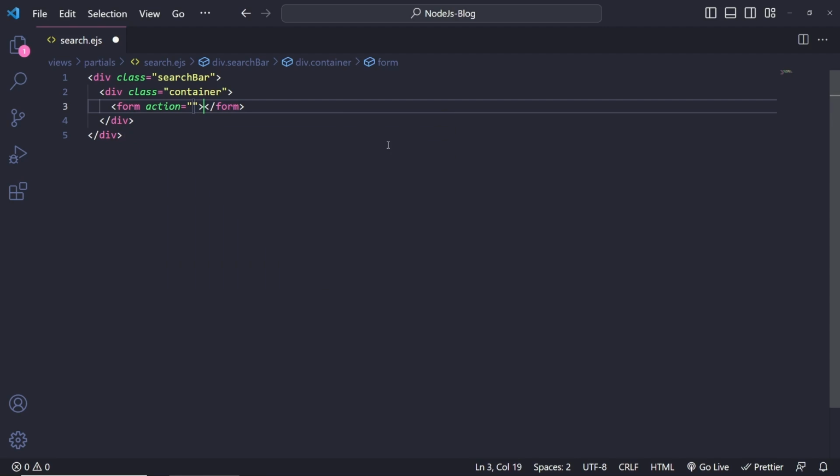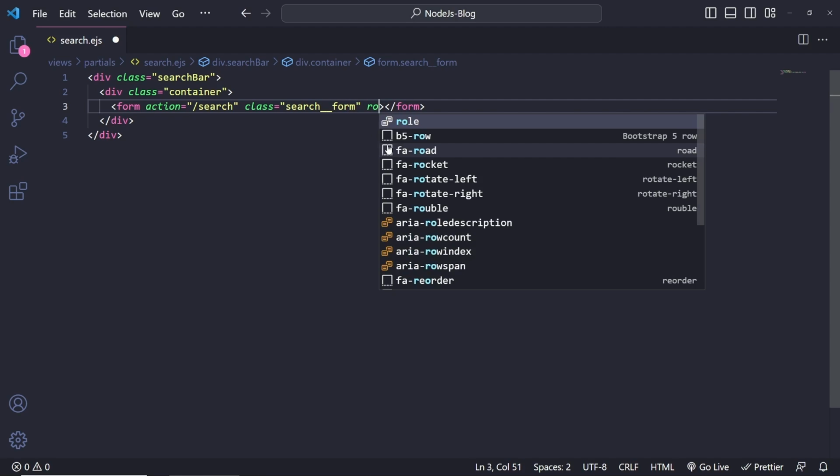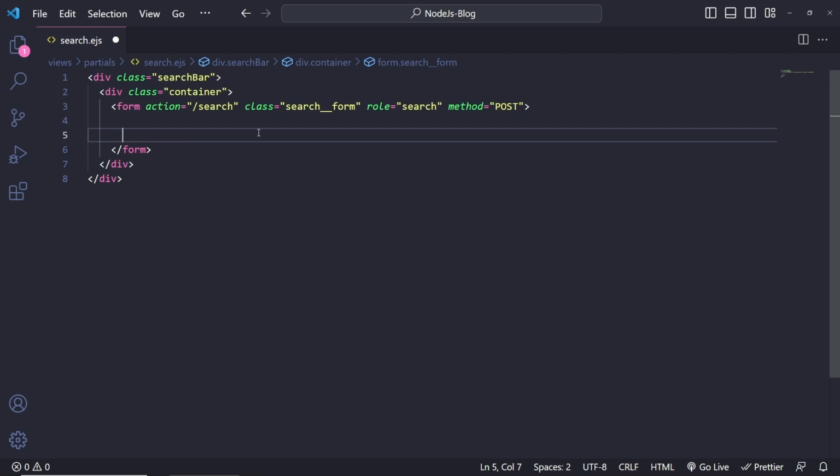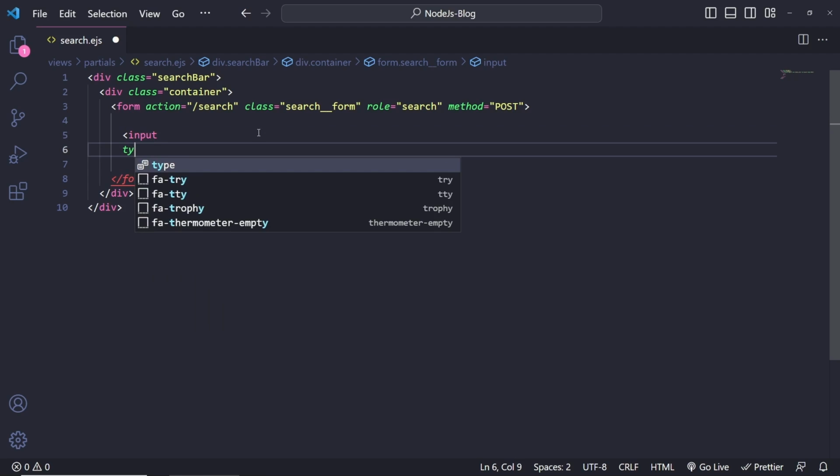This form is going to have an action of /search like so. We are also going to have a class name for it, which is going to be search__form. Then we're going to have the role set to search. Method is going to be post. And then we're going to do the input inside here for the search bar. And it's going to be one of them without a button. So I'm going to do input, the type of search,